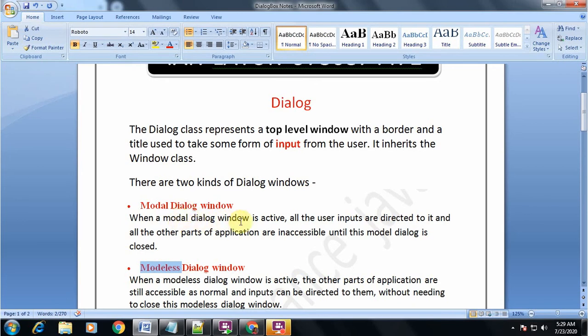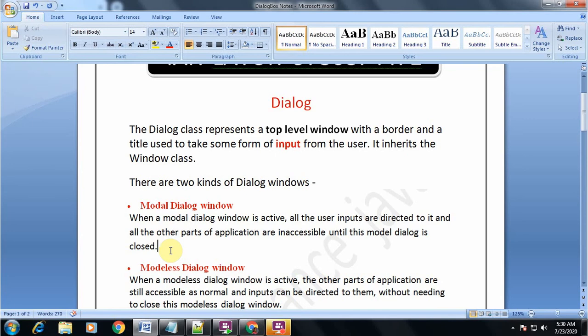When a modal dialog window is active, all the user inputs are directed to it and all the other parts of the application are inaccessible until this modal dialog box is closed. The meaning of this is whenever a modal dialog box is active, you can only work with that particular part of the dialog box.